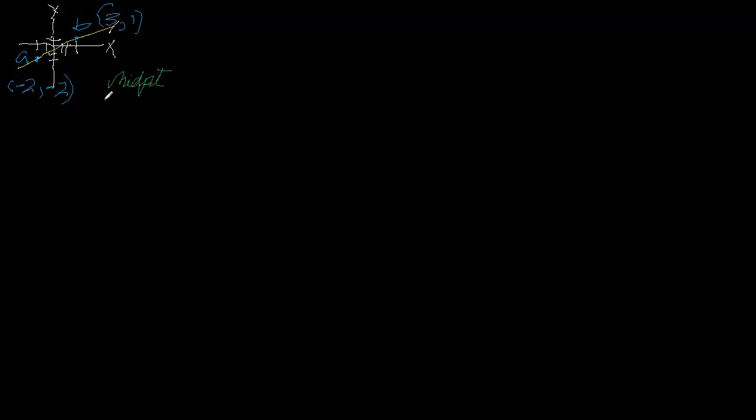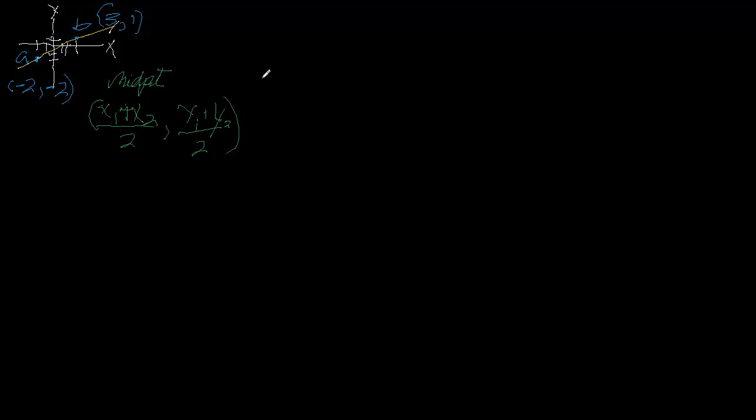And the midpoint is simply x sub 1 plus x sub 2 over 2, and y sub 1 plus y sub 2 over 2, in other words, the values of x and the values of y. So the values are added together and divided by 2,